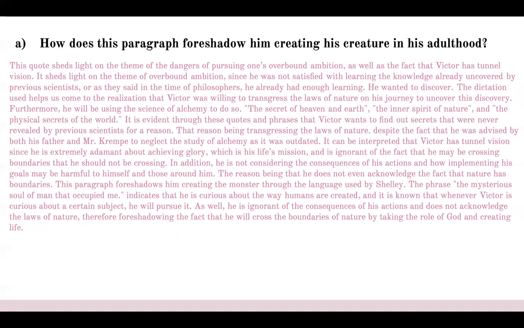Because as we know, Professor Waldman was trying to warn him that there are specific limits, whereas Victor did not understand these limits. And this is what differentiates Victor and Waldman. They're both really creative and scientific minds, whereas Waldman had a limit. He had this rationality in him, whereas Victor did not have this rationality in him.